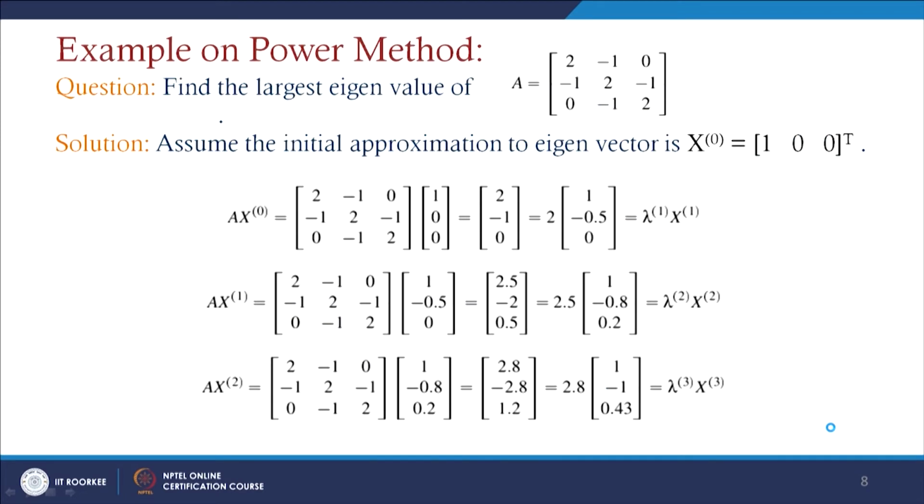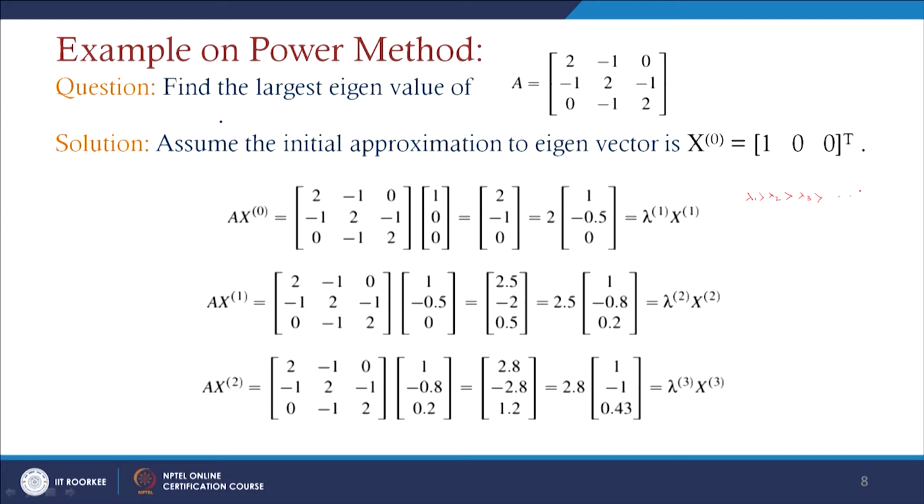So, for example, if you go for the power method, then we can find the largest eigenvalue of any system of equations by considering the initial approximation. If the initial approximation has not been given to us, then we can assume 1 1 1, or 1 0 0, or 0 1 0, or 0 0 1 as the initial guess vectors. Especially, why it is called the method to find the largest eigenvalue is that we have to assume that the eigenvalues are placed in the form lambda 1 larger than lambda 2 larger than lambda 3.